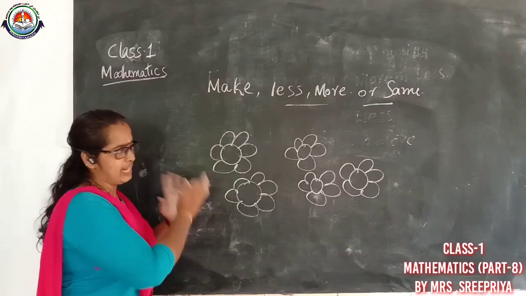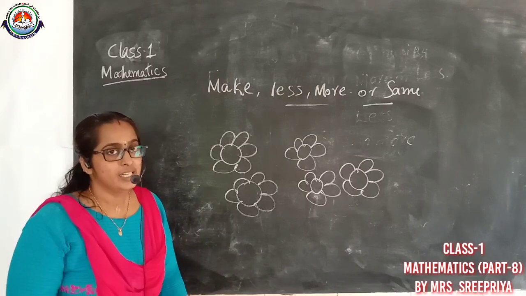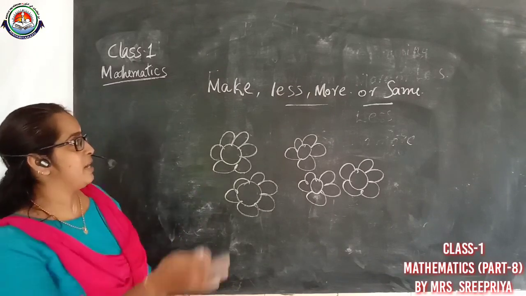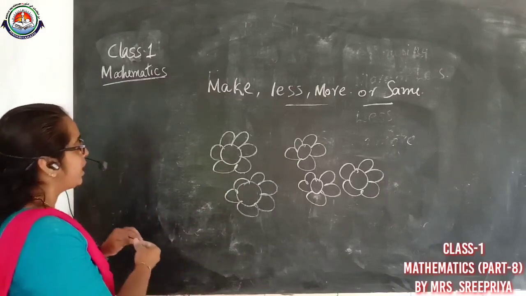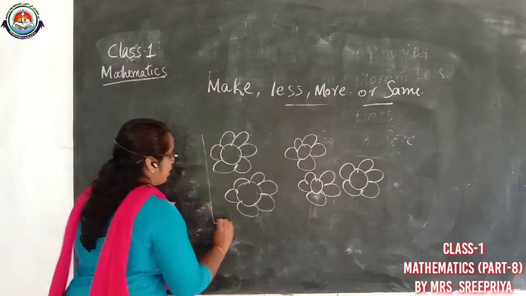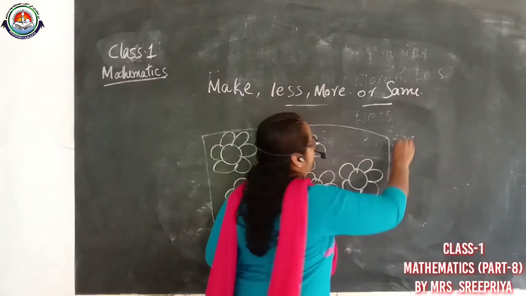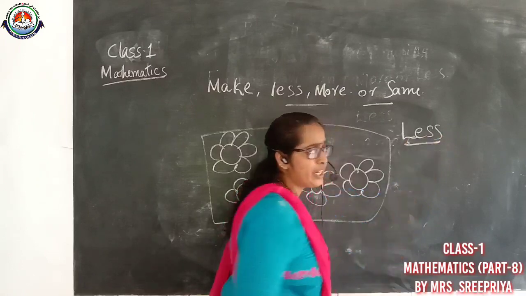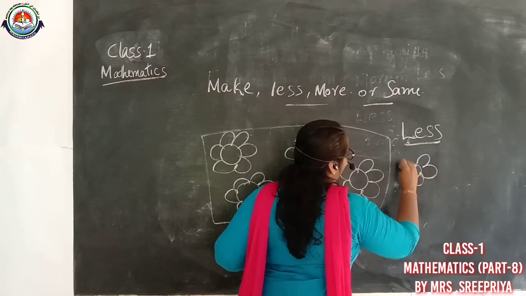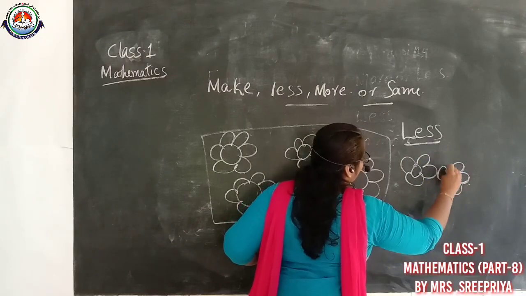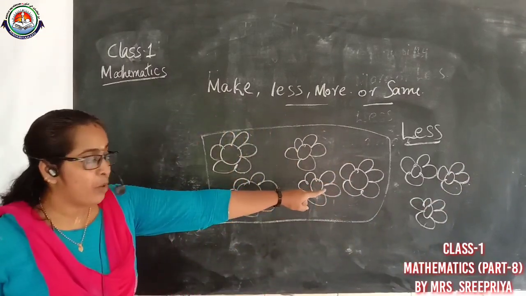So can I ask one thing? How can we make it less? Yes, we need to draw less than 5. Okay, shall we check and draw? Yes, okay. So, already 5 are there. So, we need to make it less means what? Less. Okay, less means 5 needed. So, we need to draw. Okay, all of you look. 1, 2. Yes. Now is it less or more?